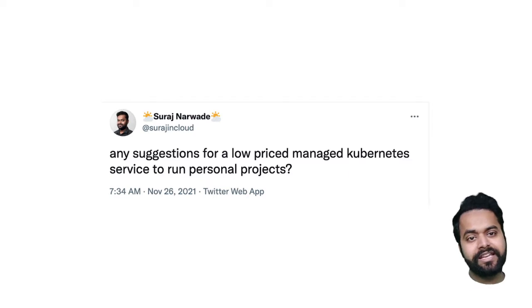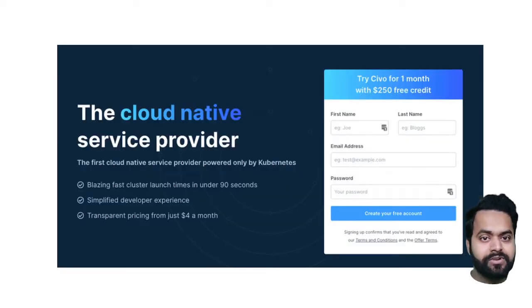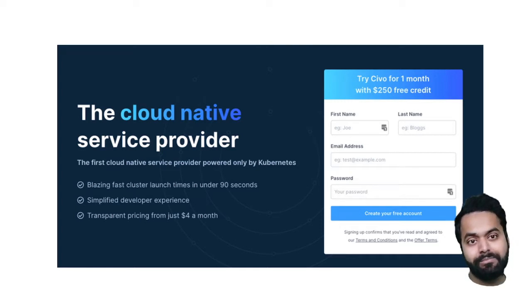So I was wondering if there are any low cost alternatives, and the unanimous answer to this tweet was Civo Cloud. I went on to Civo Cloud, and they are giving $250 free credit for a month to try out. So I thought it's okay, we can try it out and see how that goes.